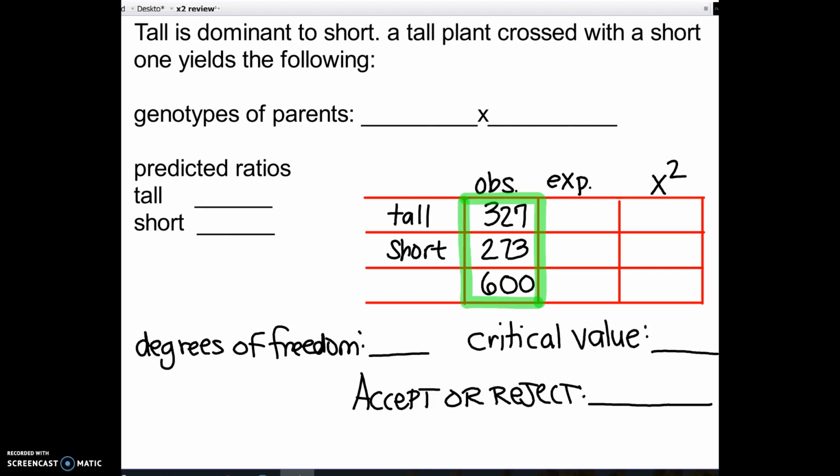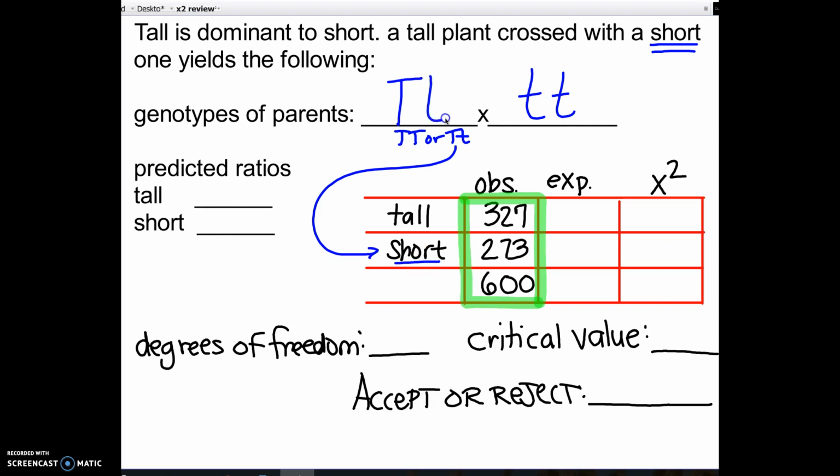So first, we know that tall is dominant to short, so the tall plant has to have a big T. It's crossed with a short plant, so the second plant has to be little t, little t. To figure out whether the original plant here is big T, big T, or big T, little t, we look at our offspring. Notice how some of the offspring are short. And the only way that you can get short offspring from this cross is that this parent had to be big T, little t. So the first point that you'll get on the test will be for correctly predicting the